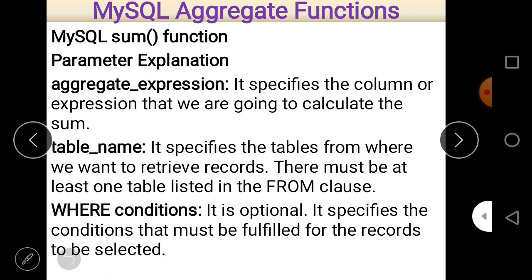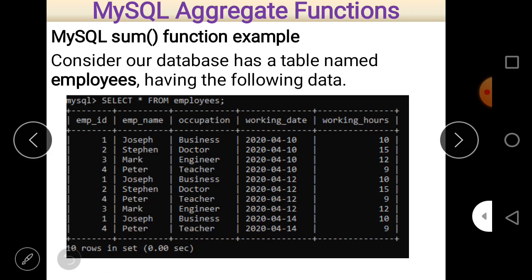Now there is a table, and the table name is employee. Here you can easily see that the table name is employee, and the names of the attributes are employee ID, employee name, occupation, working hours, and working date. These are the column names here, and these are the records of the table in which there are different employee names: Joseph, Stephen, Mark, Peter, Joseph, and some values are repeated.